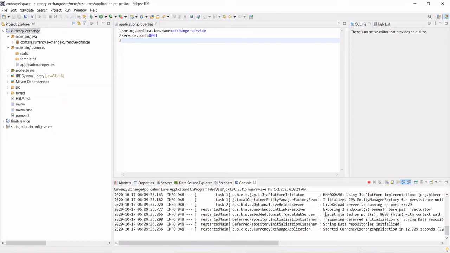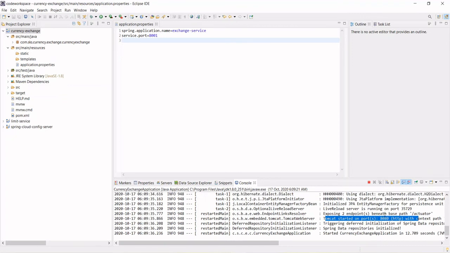So if you see here, Tomcat started on port 8080. Okay, it should have started on port 8001, right? 8001 we are giving, right? Service.port, it should have started on this port, right? It's not getting started. What is wrong we are doing?